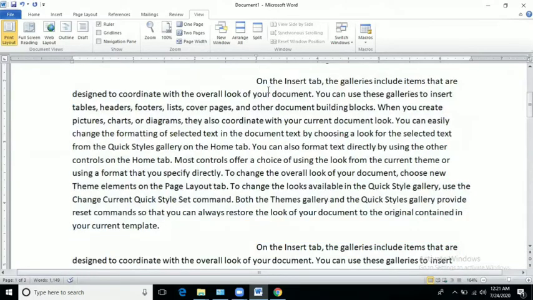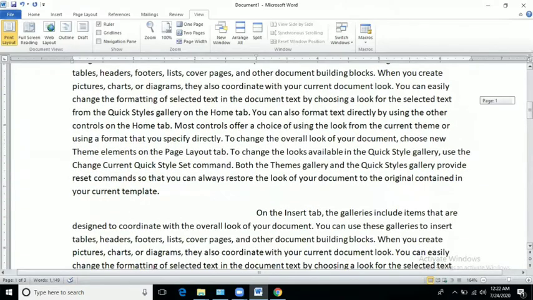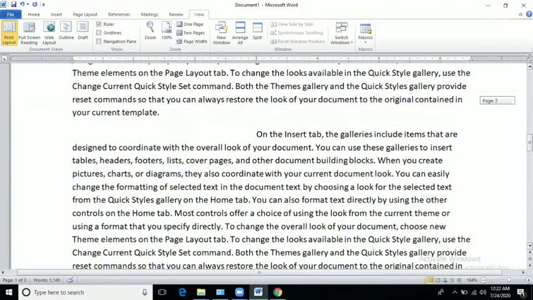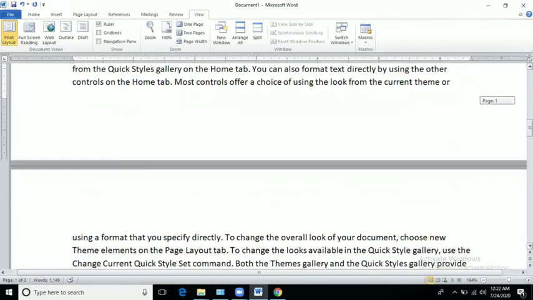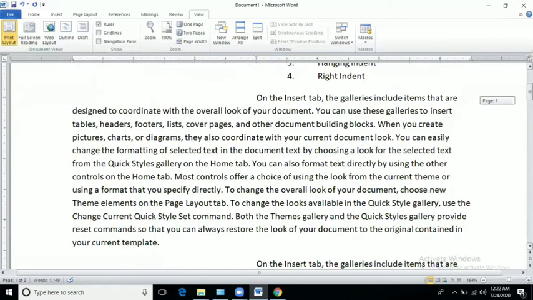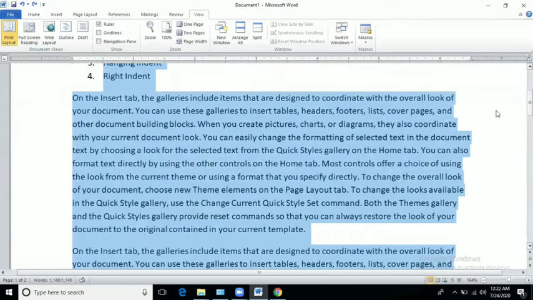You can see here, it is not for one paragraph but for the whole document, because I have selected the whole document. Clear? So I am undoing it.